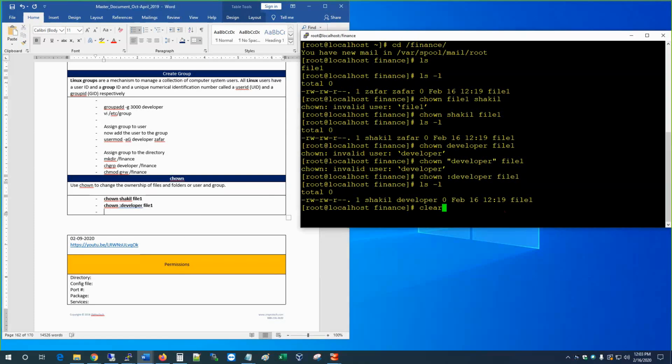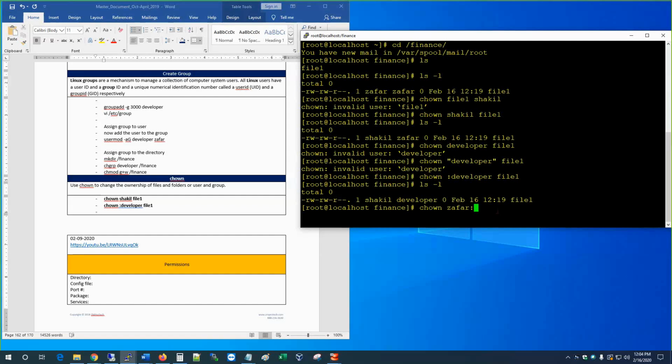And then what else you could do is you could use both at the same time. Chown, you type Zafar colon, chown Zafar, and then we could type,